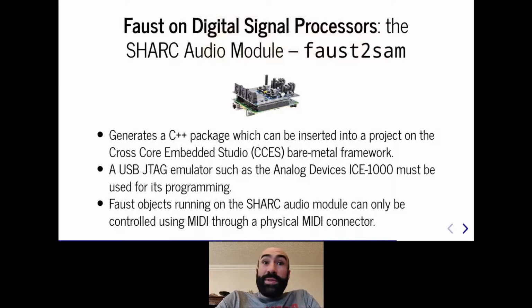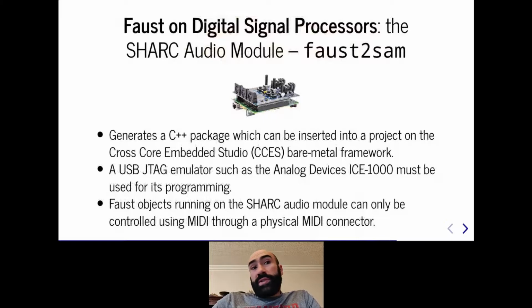For example, a USB JTAG emulator, such as the Analog Devices ICE-1000, must be used for its programming. Moreover, Faust objects running on the SHARC audio module can only be controlled using MIDI through a physical MIDI connector, which can be very limiting in many cases.